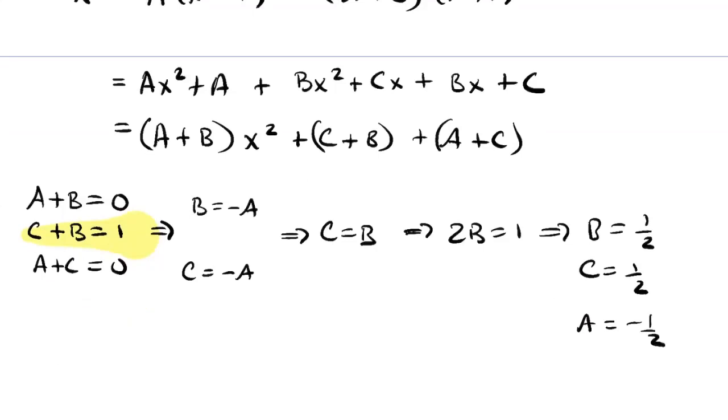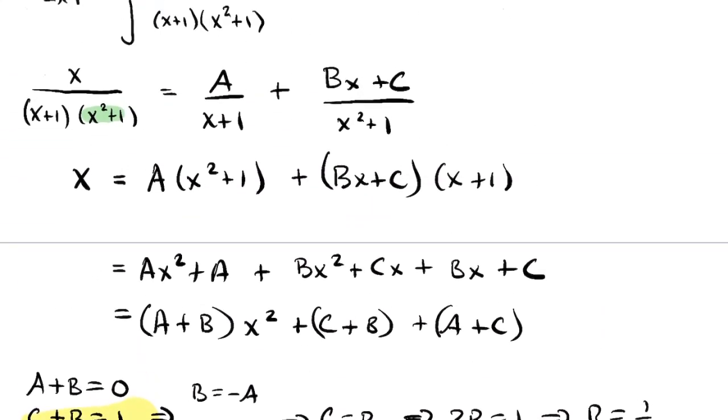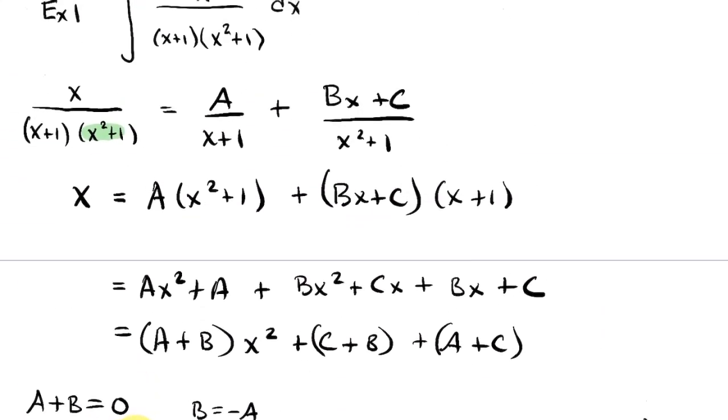It's not the only way to solve that system. So let me just return back up. Where am I going to put those a, b's, and c's? Remember, we just found that b and c were a half, a was minus a half, right? So I need to replace those values